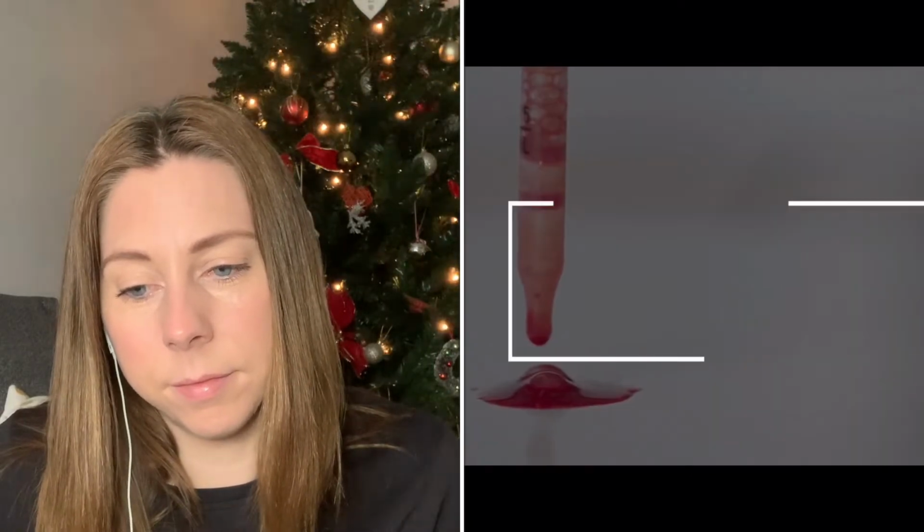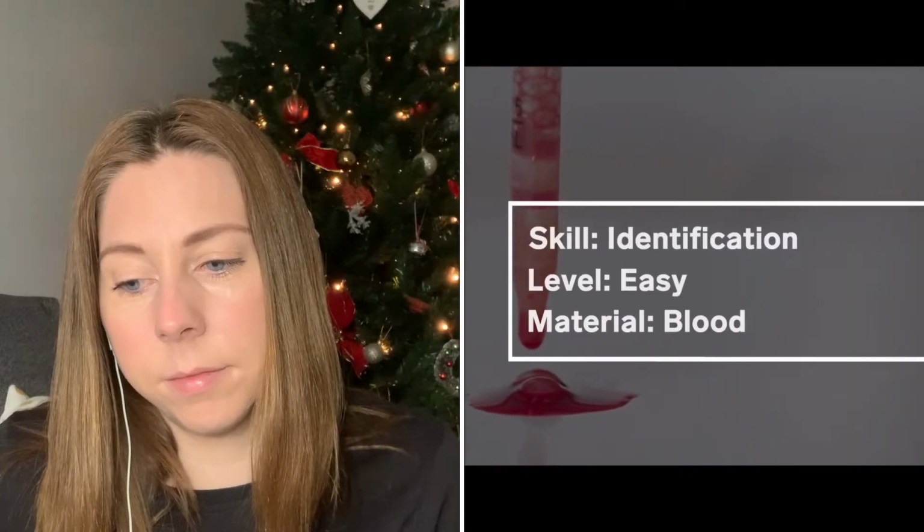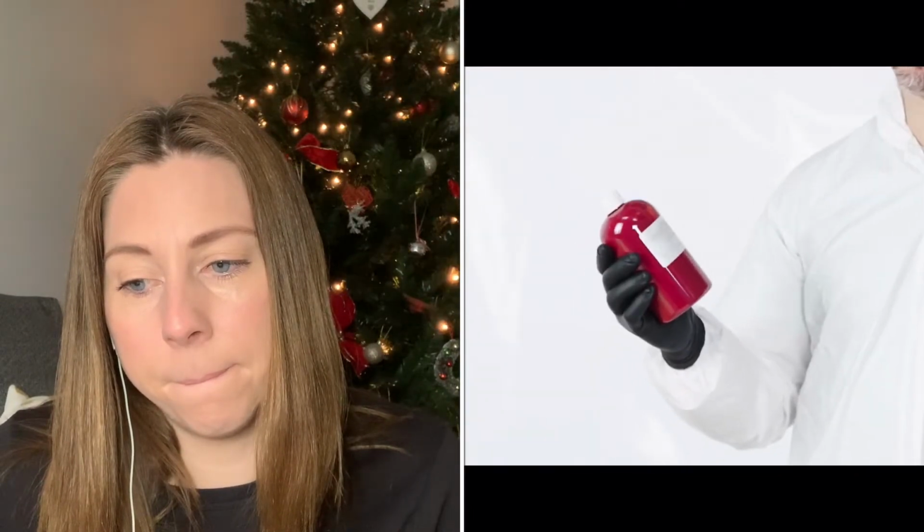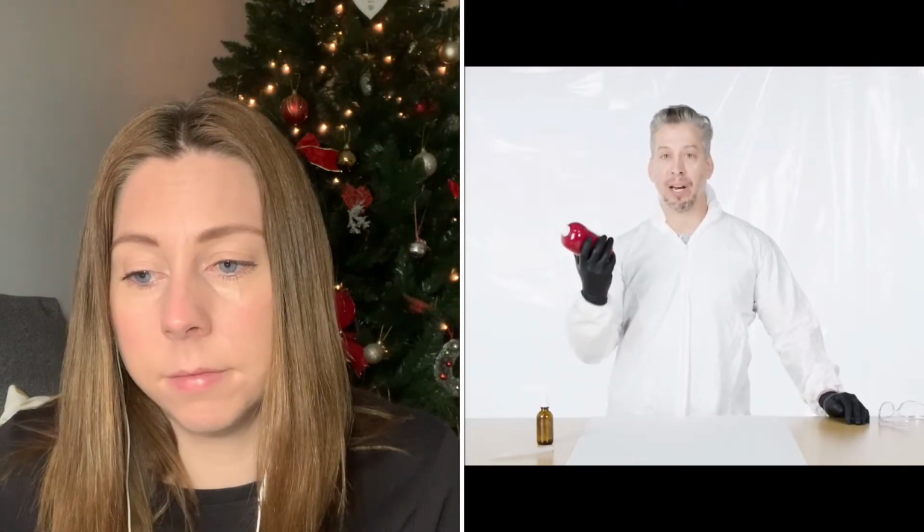Next, we're going to talk about the three main categories of bloodstains that we can encounter at a crime scene. Today we're going to be using defibrinated sheep's blood. We have taken the fibrin out of this blood. Fibrin is a protein that's in our plasma that causes our blood to clot. So if we use regular whole blood that had the fibrin in it, we'd have a clotted mess inside this